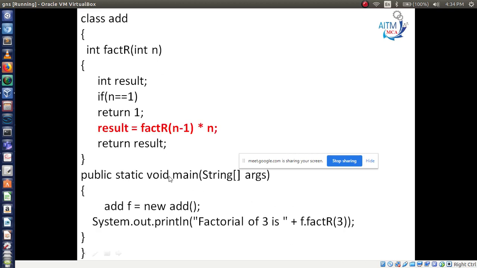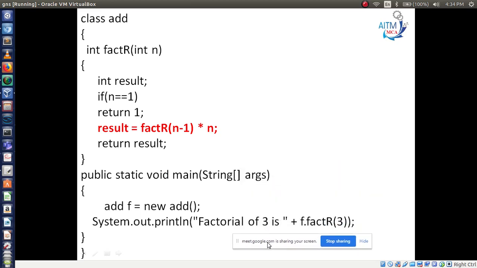Now the most important concept, this one: factorial of a given number. Here you are passing the factorial value 3, factorial of 3. So this is a factorial function. Here you have to write like this. First, integer result, you calculate the result. Now if n equals 1, return 1, meaning the value is 1, so the answer is 1.